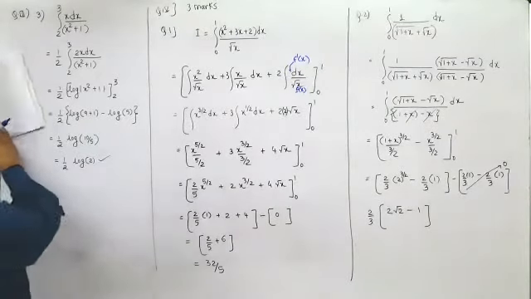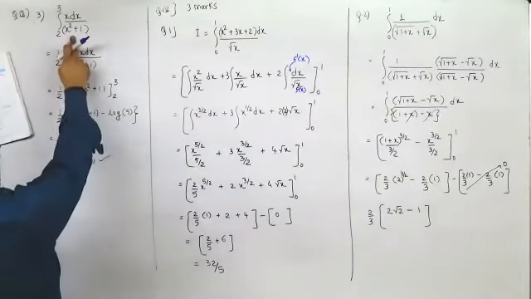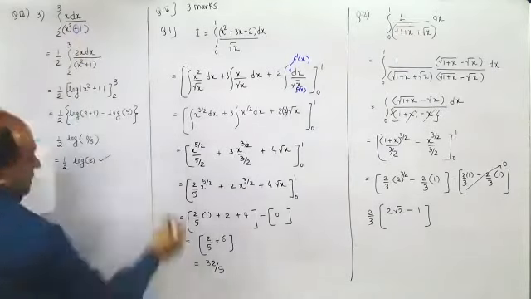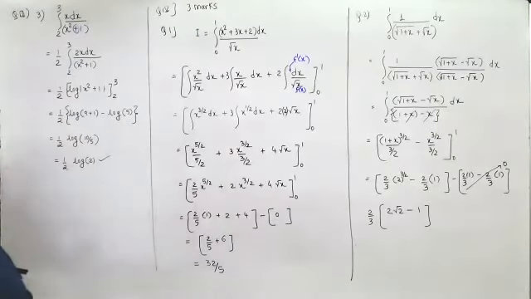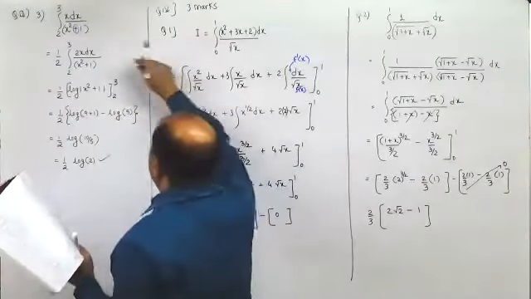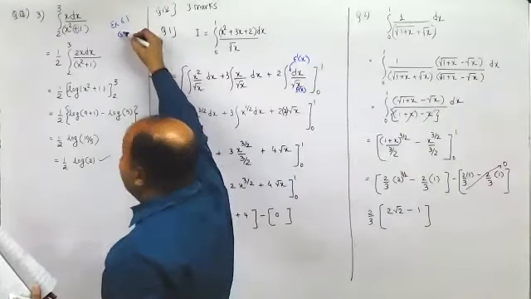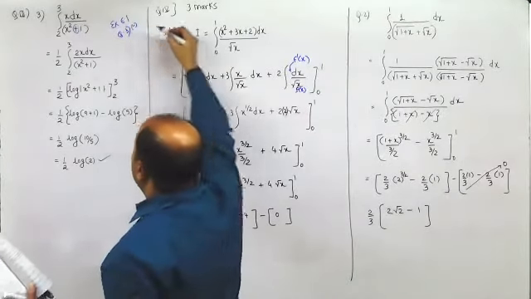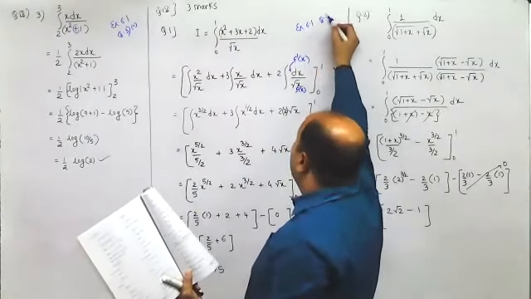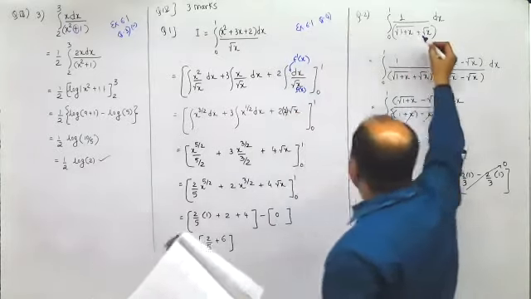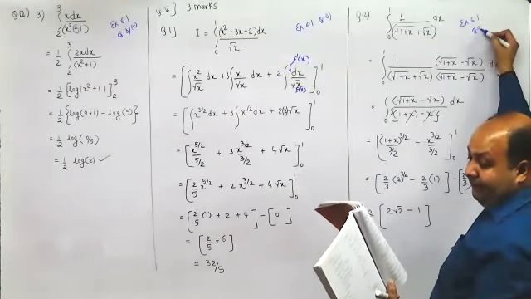I'm not able to locate this. This is question number 4, x square plus 3x. In the textbook, this is given as x square minus 1, whereas in the board questionnaire, it is given as x square plus 1. This is the same as exercise 6.1, question number 3, but with a plus sign. So there is a minus sign there. This is x square plus 3x plus 2. This is exercise 6.1, question number 4. This is 1 plus root x plus. This is exercise 6.1, question number 9.